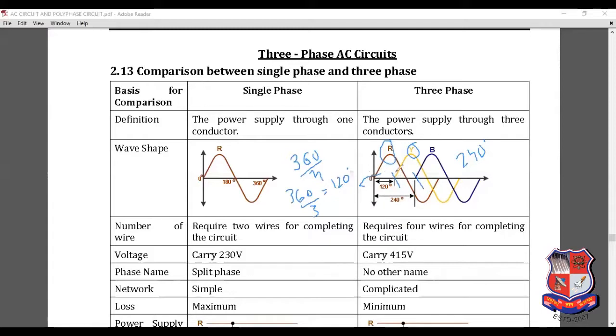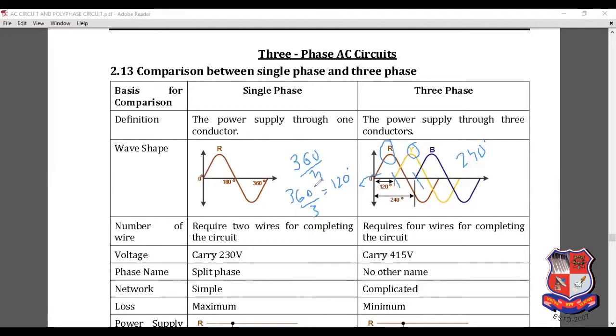Now if suppose only 2 conductors are there, then we are not supposed to put n equals to 2, because if we put the value of n equals to 2, then it gives us 180 degree. 360 divided by 2, it means 180 degree. There is no resultant torque over here. Okay, so we can put above 3 phases.